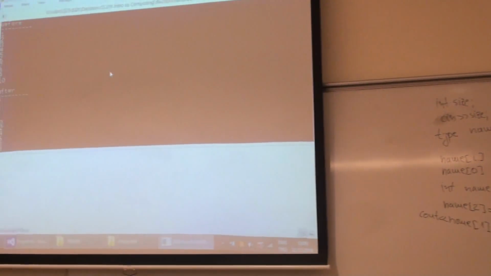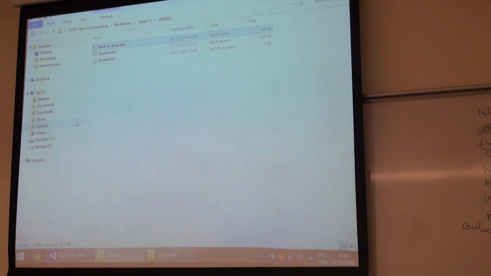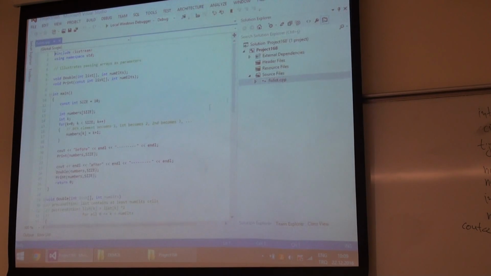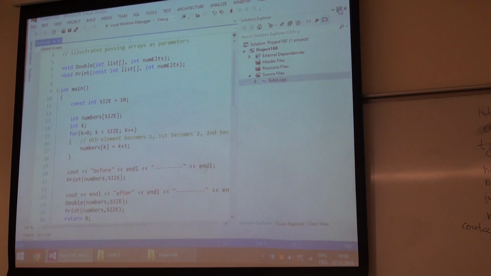So the desired output is the following one, as you see it. We print an array before, we do some processing. The processing is doubling all of the elements of the array, multiplying them by 2, and afterwards we print them again. This is it. Now let's go to our code and see it. So,